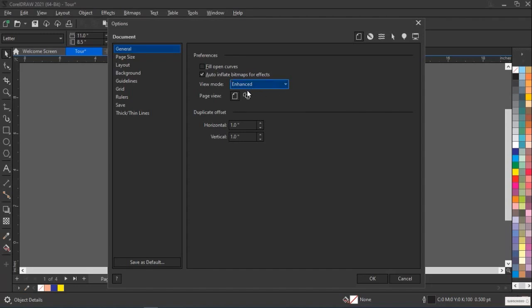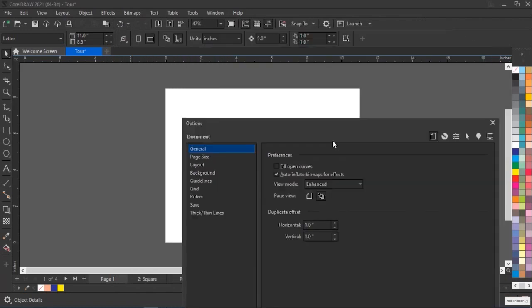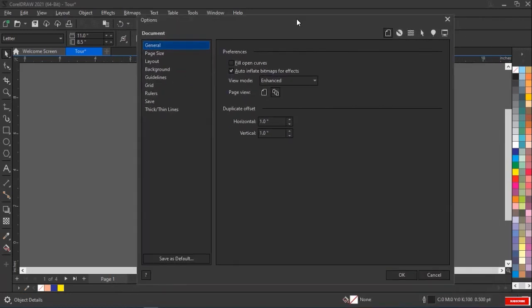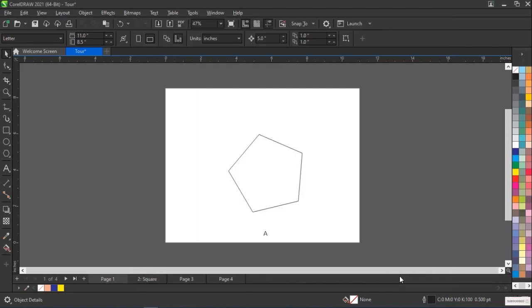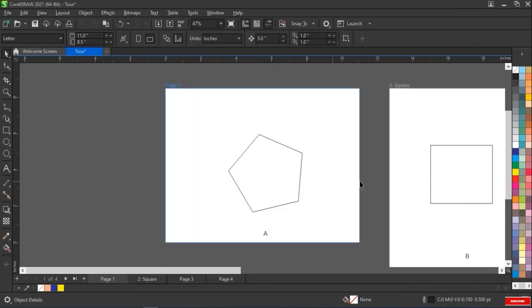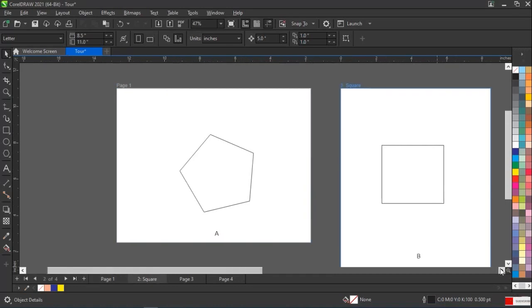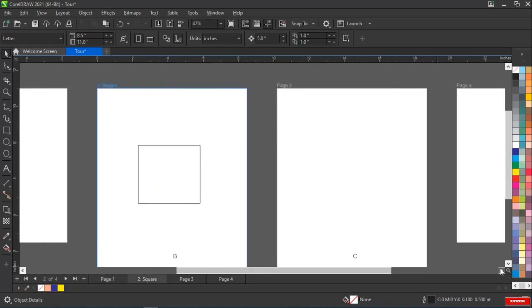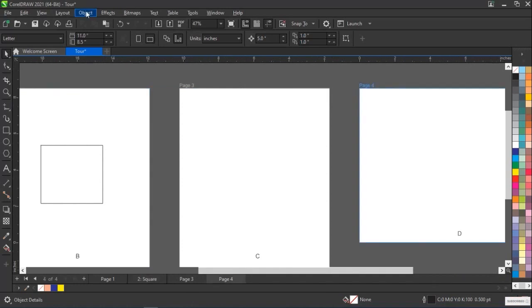Then we'll have page view, how we want our page to appear. Now if we click on this, that means all the pages may appear in just one place. Let's click OK. We're getting back to this to change every other thing. So this is our page view. See our first page, our second page. You can just scroll here to get all the pages at once, but we want to be getting each of them one after the other and not having all of them lined up in just